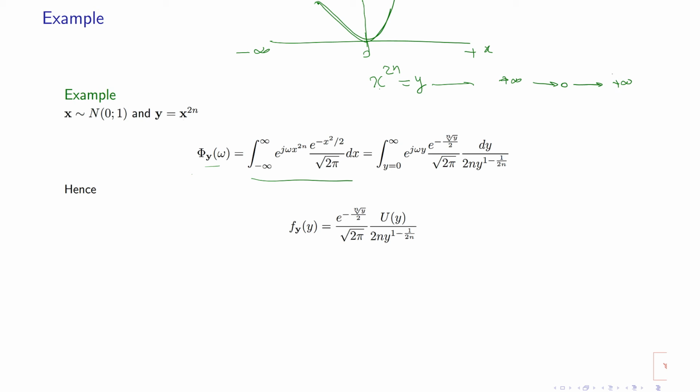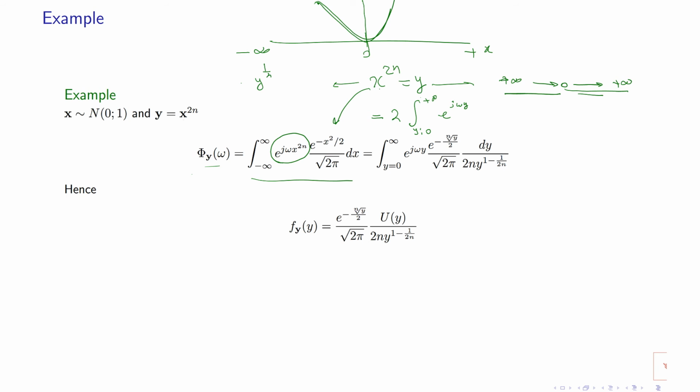So basically, to write this integral, if I change this dummy variable in this integral, I have to write twice, because y spans the area between 0 to plus infinity twice. Twice the integral where y varies from 0 to plus infinity, and then e to the power j omega x becomes e to the power of j omega y, and then x, from this expression you can get y is equal to